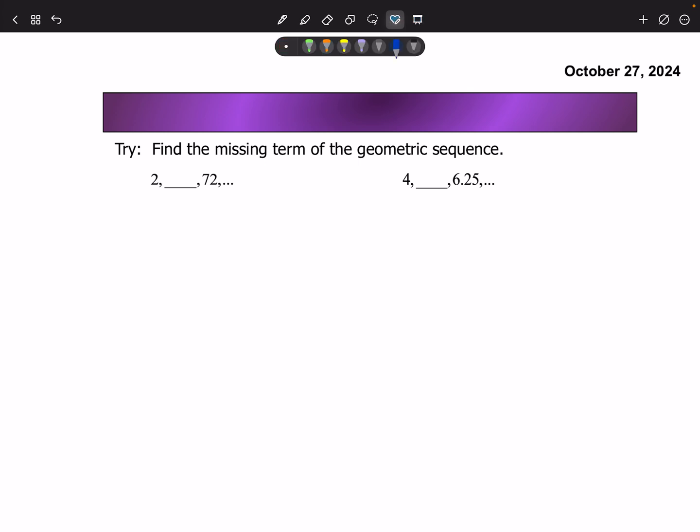Okay, if you got a 12 right here, you did that correctly, r would equal 6. And if on this next one you got a 5, that was correct. r would have equaled 5/4. So the answer to the one on the left is 12, and that would be 2r squared equals 72 would be the setup. The one on the right, the setup would be 4r squared equals, you can take the 6.25